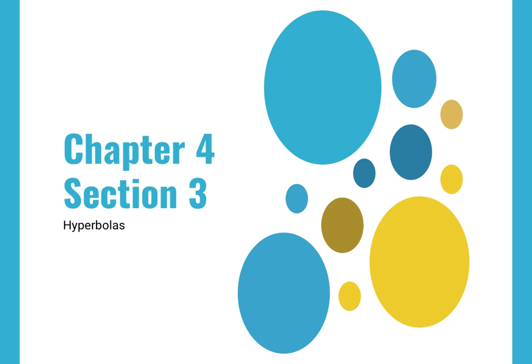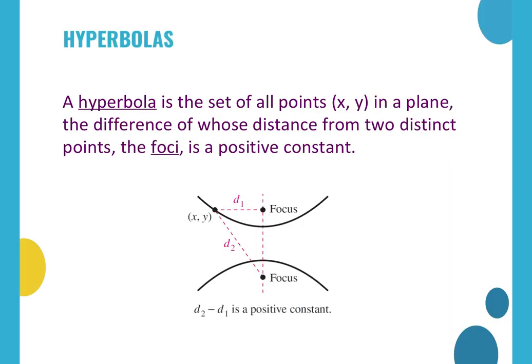All right, so 4-3 still continued. This is part E, which is now the third conic, called a hyperbola. And a hyperbola looks like this. It does have two what are called branches, which look like parabolas pointing